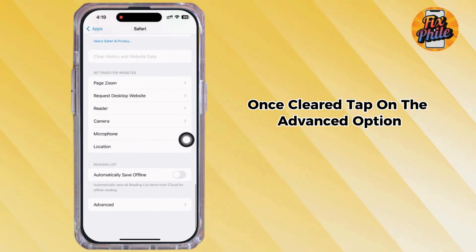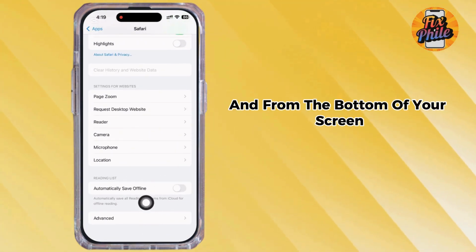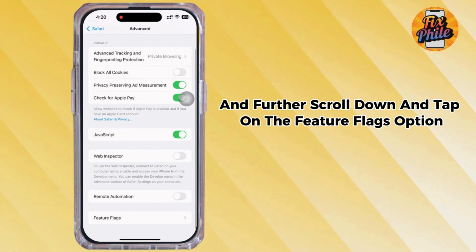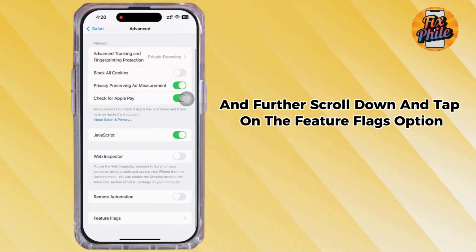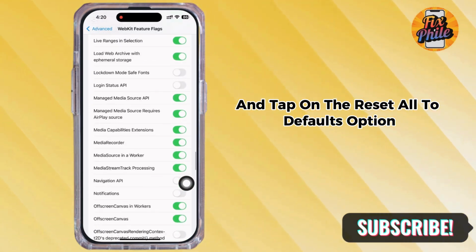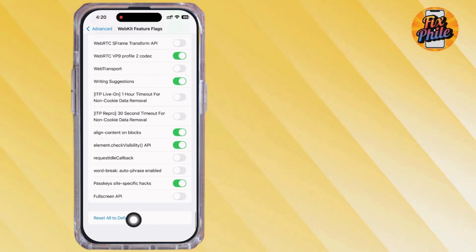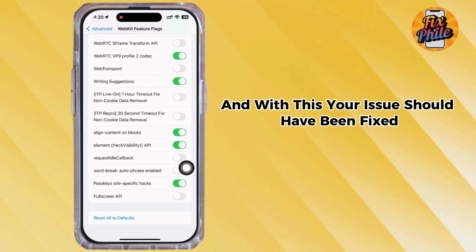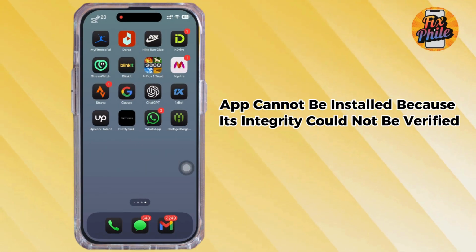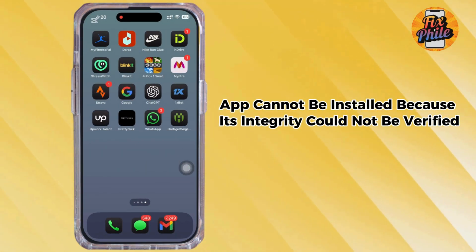Once cleared, tap on the Advanced option from the bottom of your screen, and further scroll down and tap on the Feature Flags option. Scroll down to the bottom again and tap on the Reset All to Default option, and with this, your issue should have been fixed. So this is how you can fix "This app cannot be installed because its integrity could